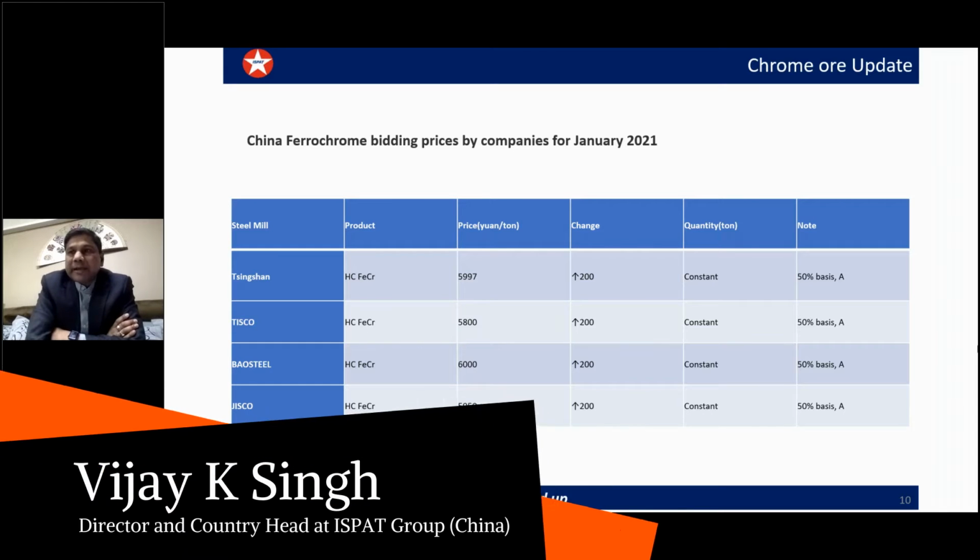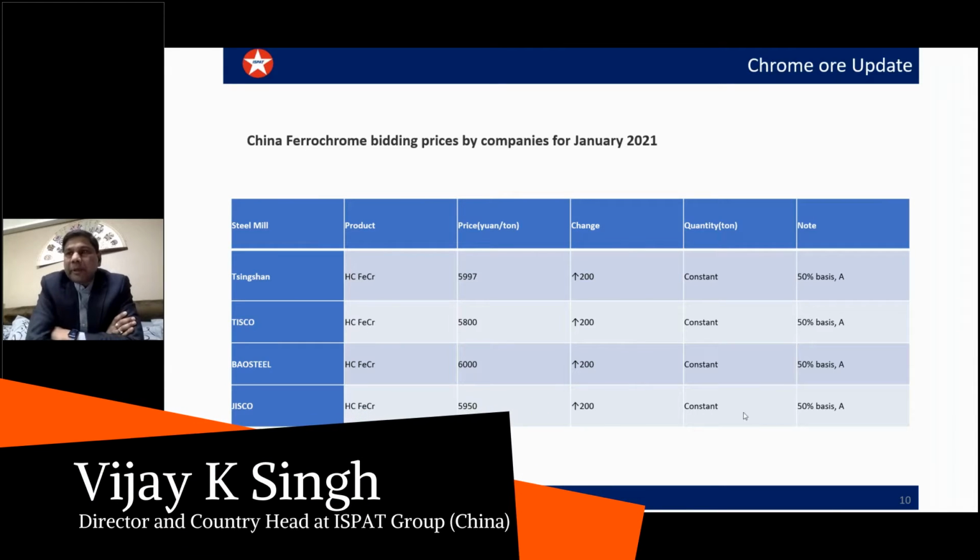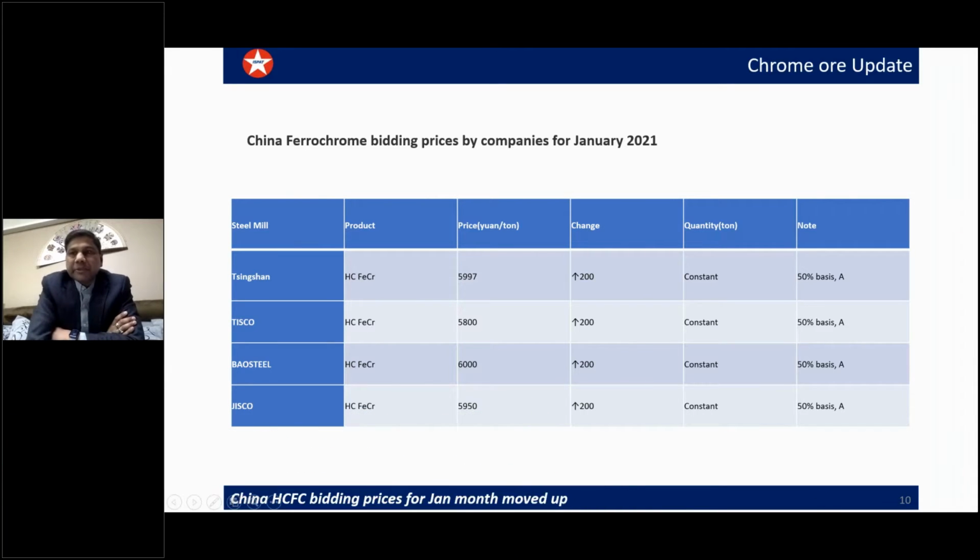Coming to the third slide, if you look at the bidding prices, all the big stainless steel companies have increased the bidding prices of the January cargo, especially Chingson, Tisco, Bao Steel, and Jisco. They all have increased the price by 200 RMB. But if you look at the current prices, the price has already gone up above the bidding prices declared